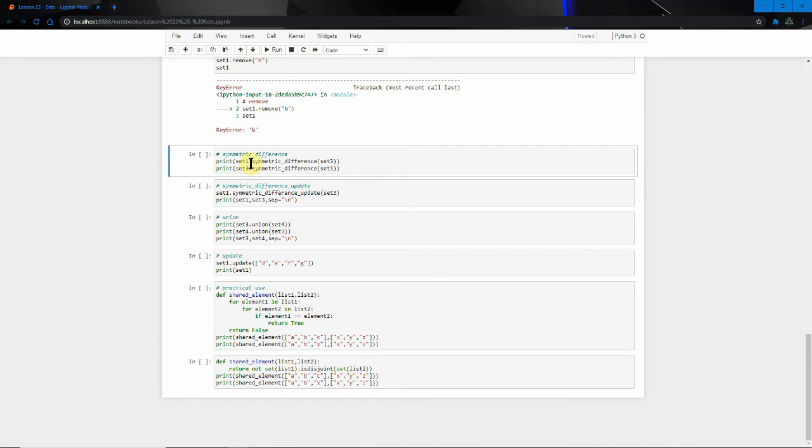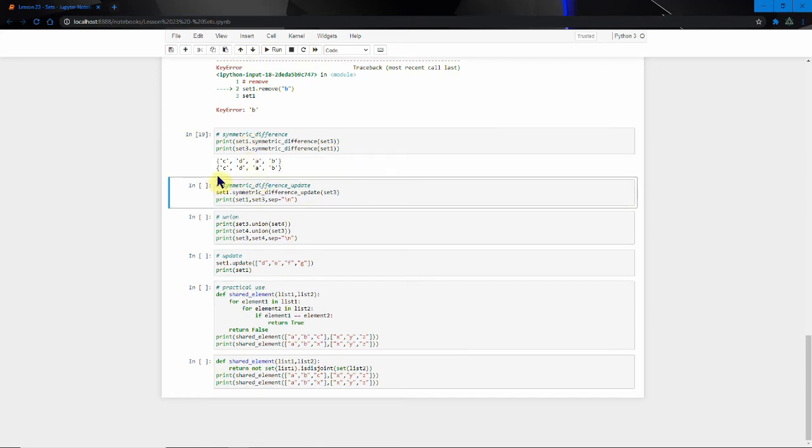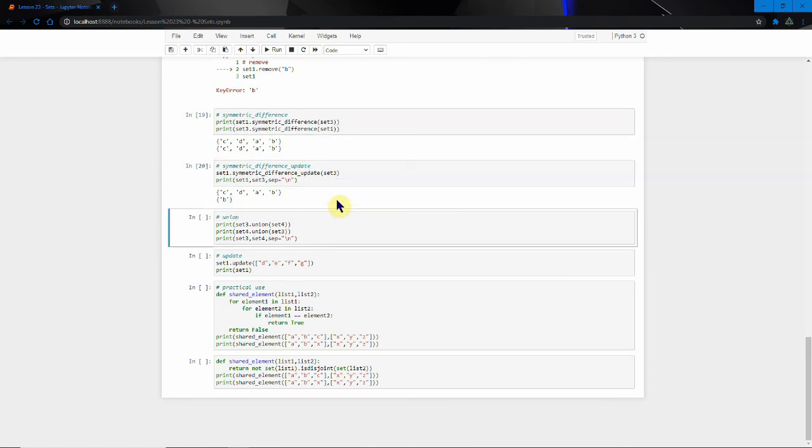Then you've got a symmetric difference, which is a bit like the difference, but it will be the same for both. So if we look at this, we see that set 3 has a symmetric difference of these values with set 1, and this one's symmetric, unlike the other one, which changed depending on the direction you went. Then we can do a symmetric difference update. This sets set 1 to all the things here, and we can run that and see that set 3 hasn't changed, it's still B, and set 1 has changed, it's gained a B,